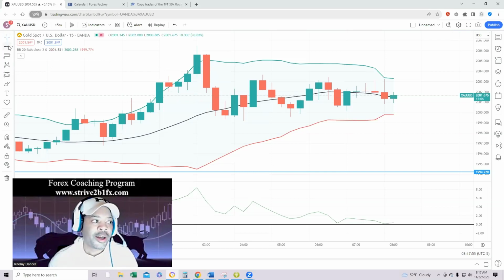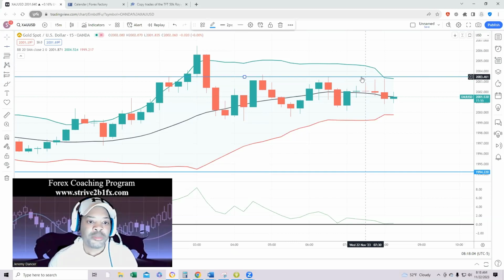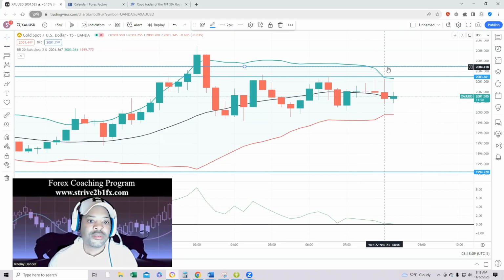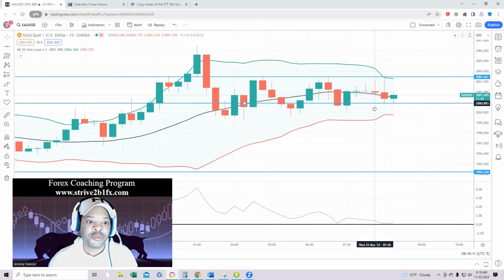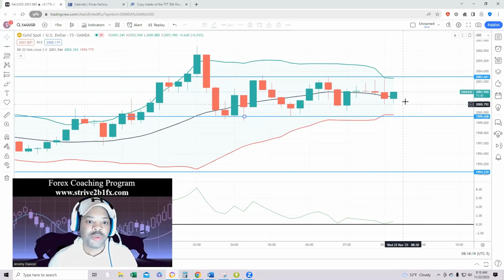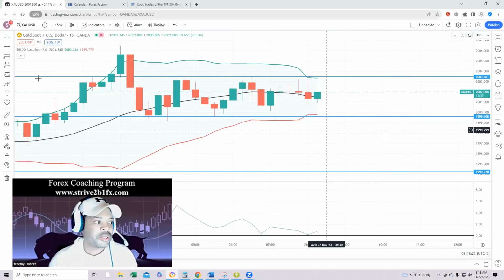So I'm on the 15-minute time frame. I'm trading gold, and what I'm going to do is place my support and resistance lines. I don't really care about what is going on, and I think this is going to be a good enough range here. So we'll move this over a little bit, and for visual purposes, I will go ahead and put